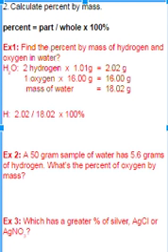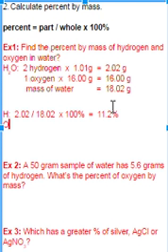And punch that into my calculator, I get 11.2%. And I rounded it to just 1 decimal place because my hydrogen only had 3 digits, so my final answer can have just 3. For my oxygen, since I already know hydrogen, if you're feeling confident, I could just do